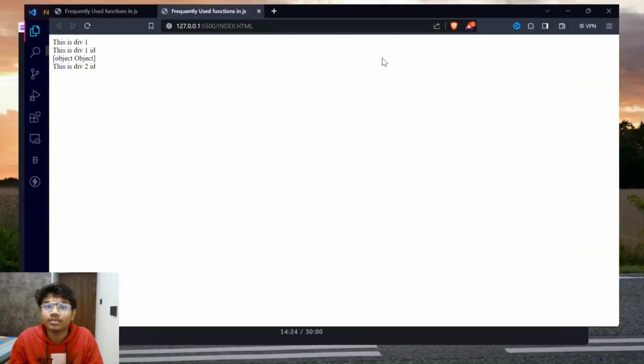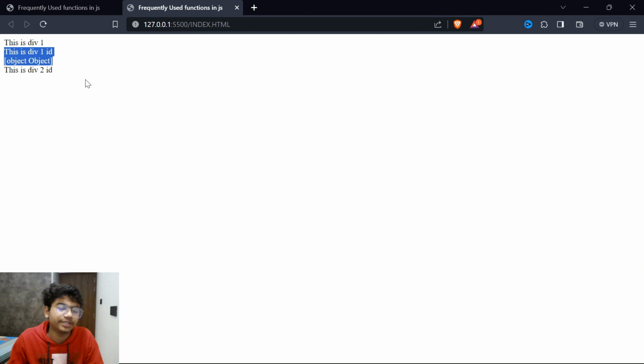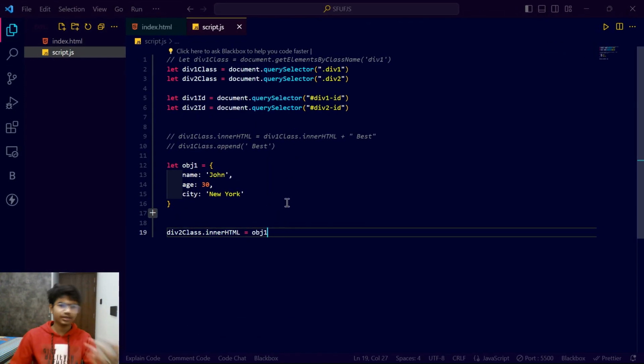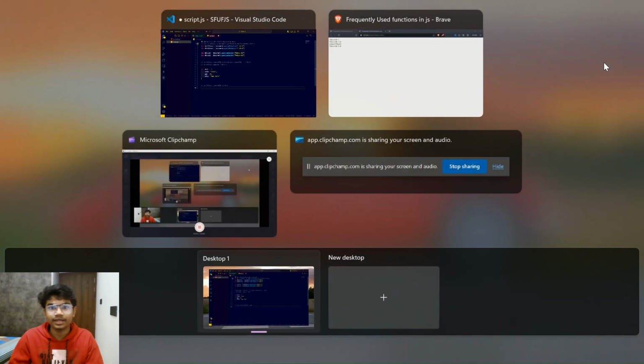But it is not showing any object to us. What if we are getting data from a page and we want to see that data? We can't show it on the page because we won't be able to see it. So where will we show that data? We'll show that data